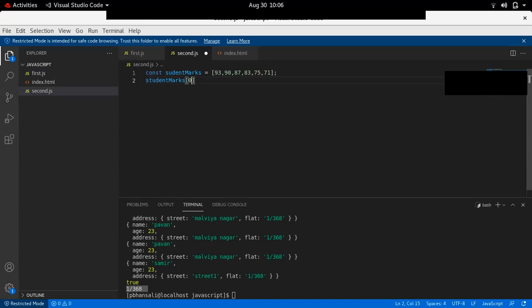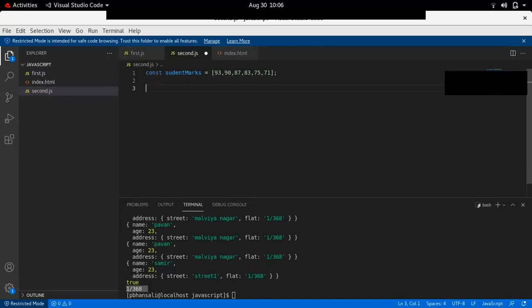Okay. Now there are ways of adding or changing arrays. First thing is you can loop over an array. So how will you run a loop?